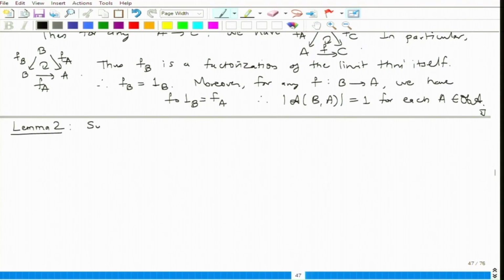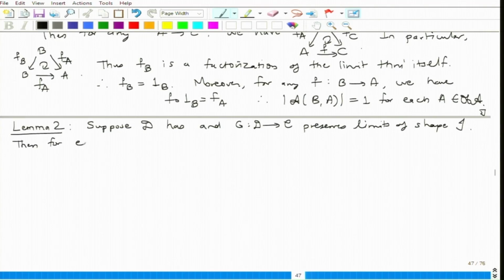So suppose D has and G from D to C preserves limits of shape J. Then for each A in object of C, the arrow category A arrow G has limits of shape J